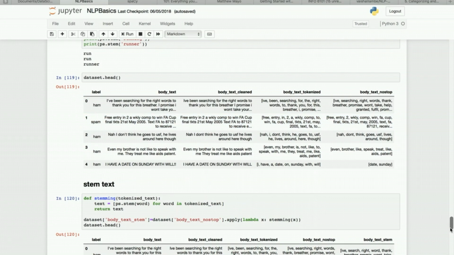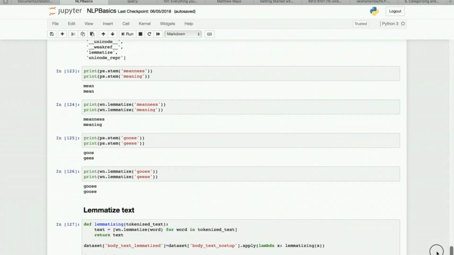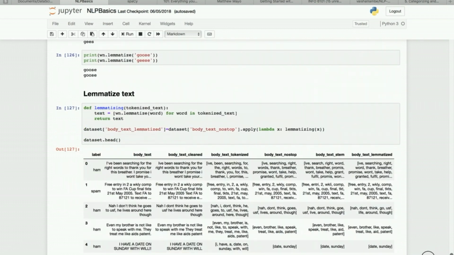With lemmatization, if there is a difference between two words, like meanness and meaning, which are two different contextual words, lemmatization gives them as separate words. But if I do stemming for both words, it just gives me mean as the stemmed word, so I'm sometimes losing the context. This is the difference between stemming and lemmatization, and it is an either-or kind of thing.